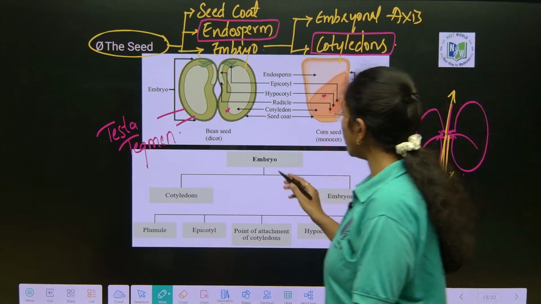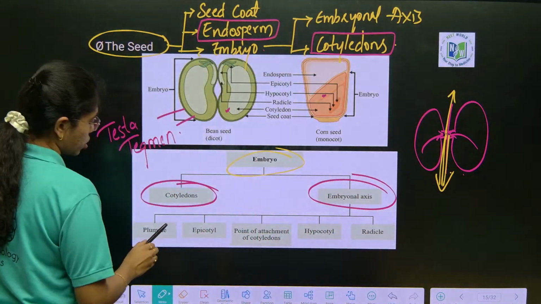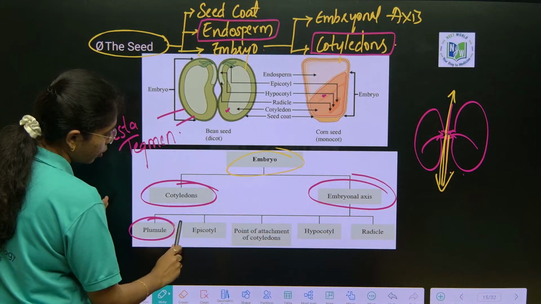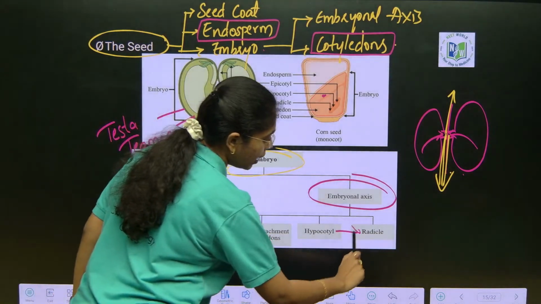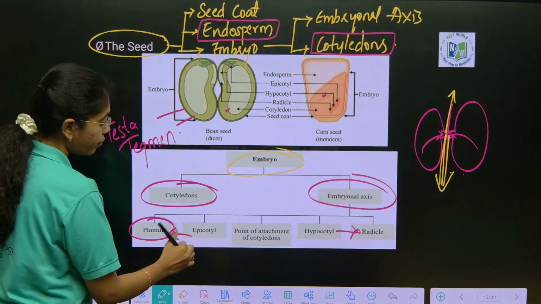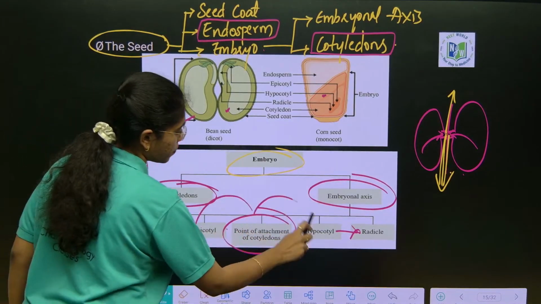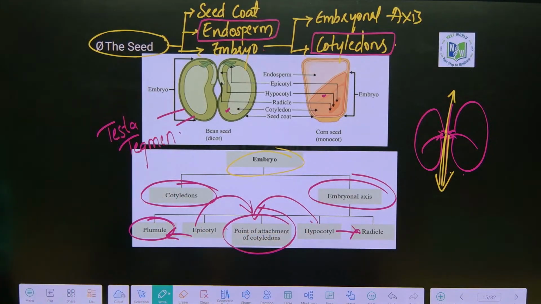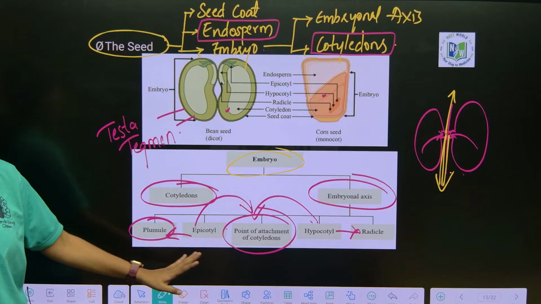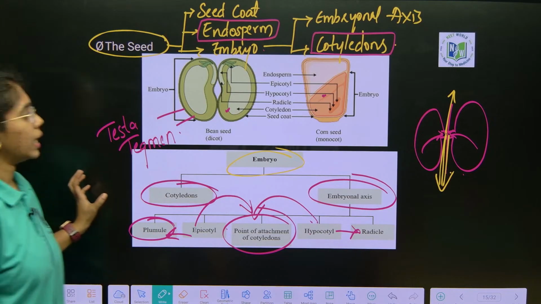Okay, so here the embryo will have what? Cotyledons and embryonal axis. From the epicotyl the plumule will grow, from the hypocotyl the radicle will grow. The point of attachment of the epicotyl and hypocotyl is the cotyledons. This is the point of attachment for both the epicotyl and hypocotyl. Clear? Fine, right? Okay. Next,